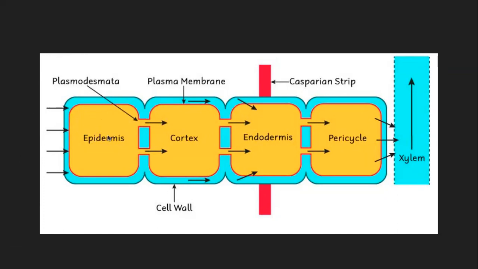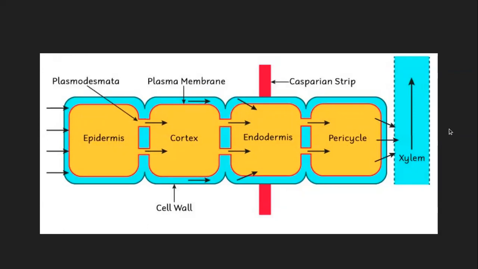It will enter the epidermal cell by osmosis. Now there is something called plasmodesmata within the plant cells, which is nothing but a tubular opening between neighboring cells. These plasmodesmata allow the continuous flow of water into the cortex, then the endodermis, then the pericycle, and through diffusion and osmosis it will enter the xylem, and then move upward towards the leaf from the root side. That is the overall movement of water, which is generating the root pressure.